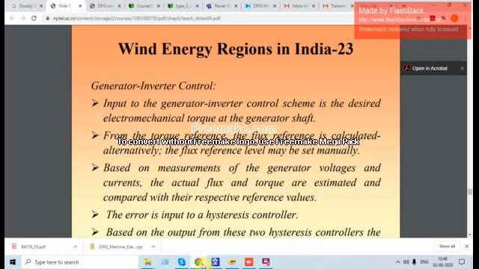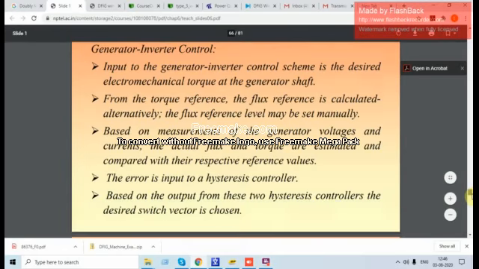And the estimated value of flux and torque will be compared with the reference values. Okay. So this process ensures that the DC link voltage is maintained.